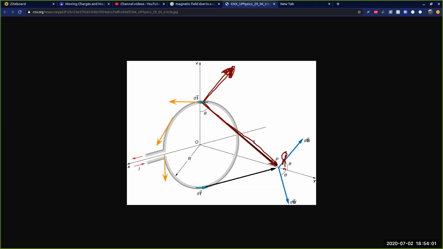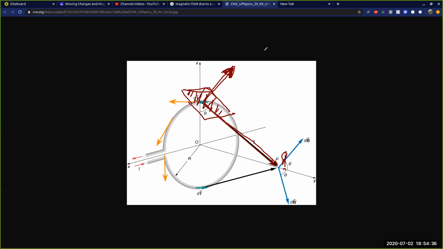Anyone? So, who's perpendicular? Perpendicular to what? See, Idl cross R is perpendicular to Idl, right? It is also perpendicular to the R vector, right? Basically, this vector is perpendicular to the plane in which Idl and R are there, right? This plane. This vector is perpendicular to this plane, right? Okay, so all of you understood this?